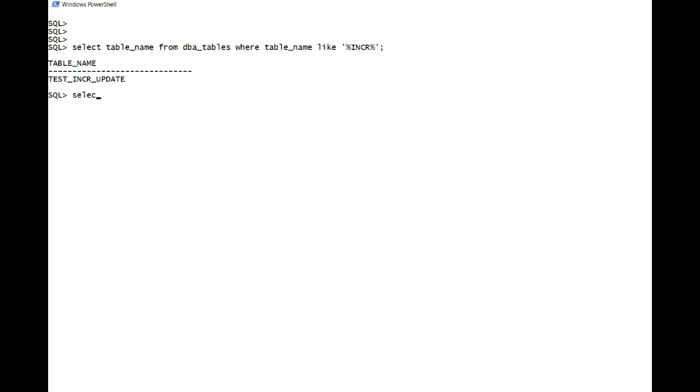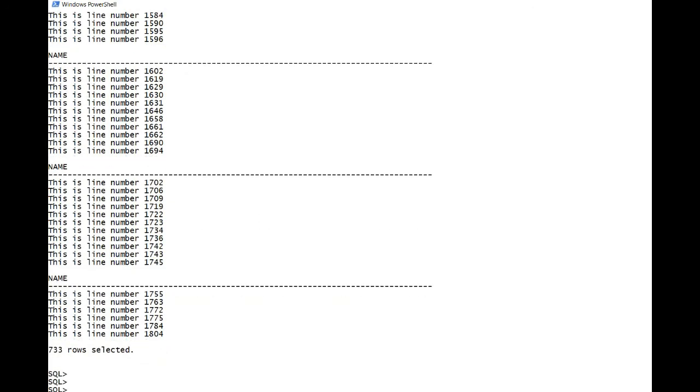Okay, so this has around 2000 rows. We'll check the distinct name from test incremental update. Okay, so it's all distinct. So instead of this line number, let's change it for a few of the rows.